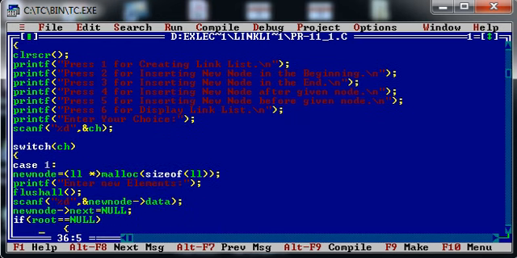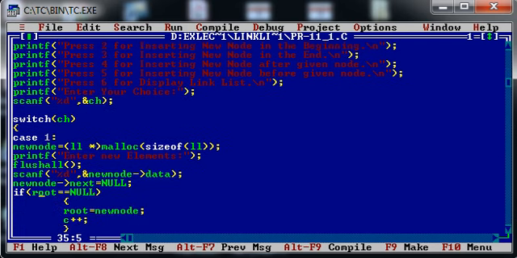So in the first case it will check if root is equal to null, that is, whether any existing linked list is there or not. If it is not available, then it will return null in root. I can say this condition will be true if the existing linked list is not available. In that case, what we need to do is assign the newly created node as the root. Whatever node we have just now created will be considered as the root from now onwards. That will be considered as the first node of the linked list. Okay.